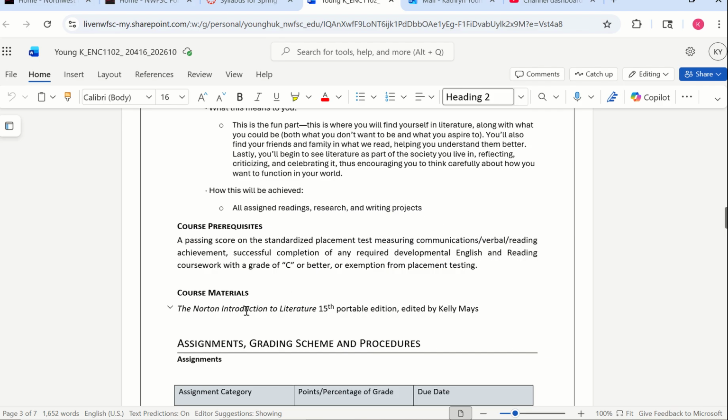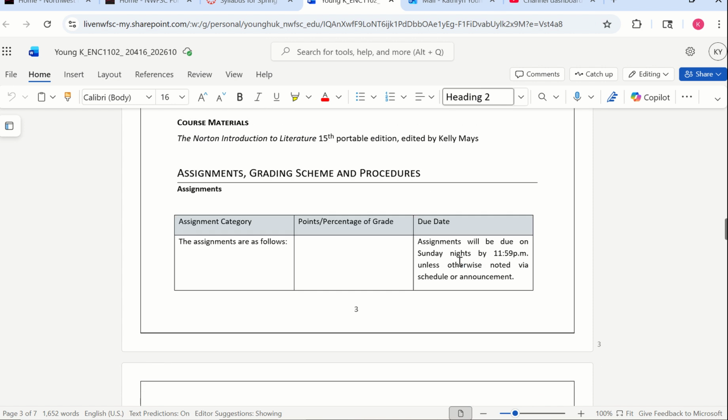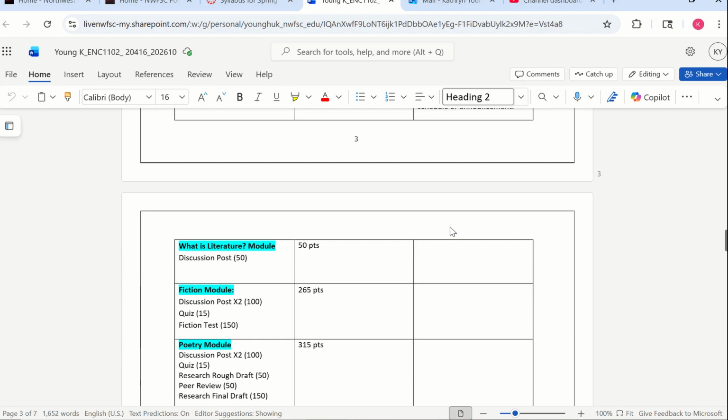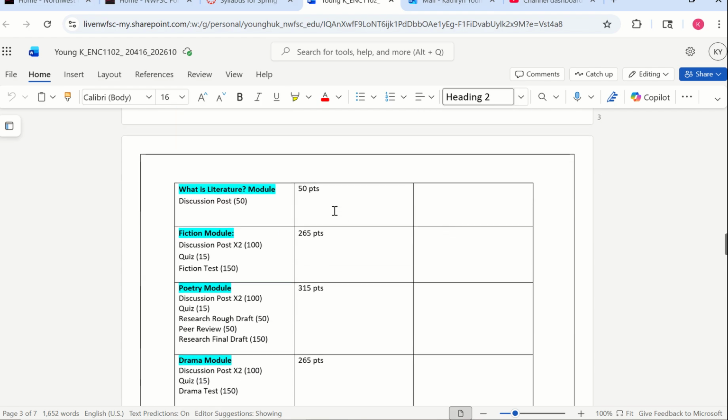Course materials: the Norton Introduction to Literature, 15th Portable Edition. Again, there's the image under the Welcome To. Now here comes the super important part: assignments, grading schemes, and procedures. Everything is separated out into modules. I like to do that. That seems to be the easiest way to